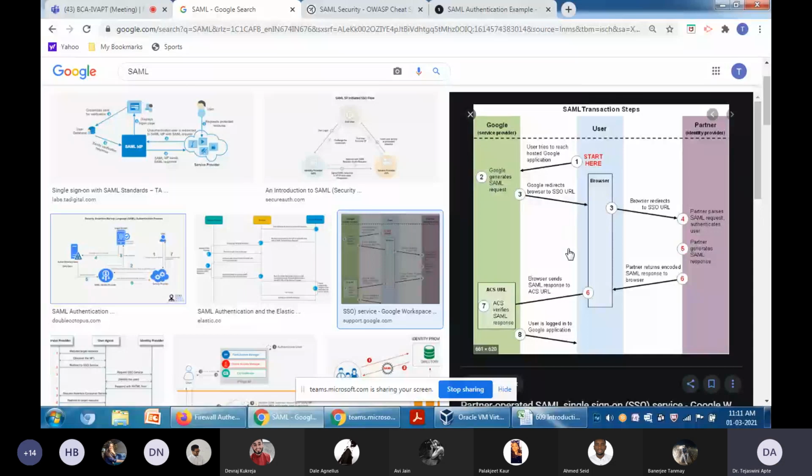You do have two things with you. One is the identity provider and one is the service provider. The identity provider is responsible to authenticate the request, and the service provider is responsible to carry on that particular authentication and provide the token